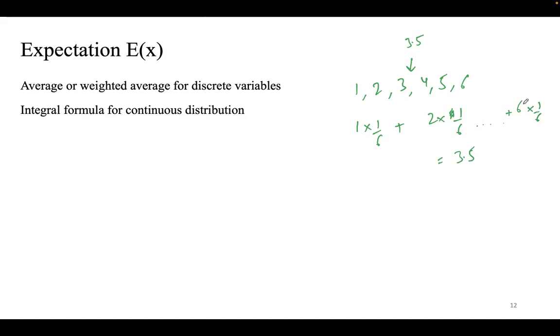If these probabilities are actually different, then of course it becomes a weighted average, a weighted mean. And it's going to be the integration formula: x times f(x) dx, integrated from whatever to whatever you're talking about. So this part is your probability, and this is the expectation of x, like we did here: probability multiplied by the value.